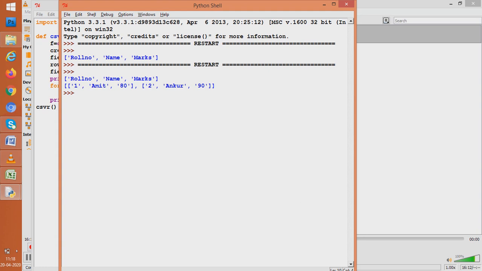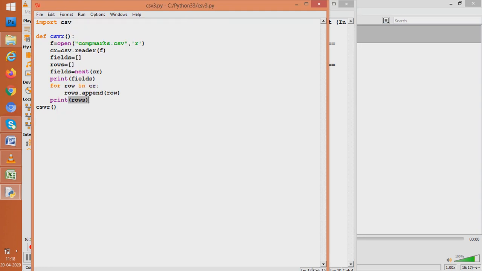So what are the functions that are required to read a CSV file? There is a function called reader. You have seen that function. There is a function called next. So these are the functions. So we have read a CSV file. But is this the right way of printing what we have read? We have read and printed it on the screen, but is it a bit formatted? Whatever we are printing should be formatted, should look good.